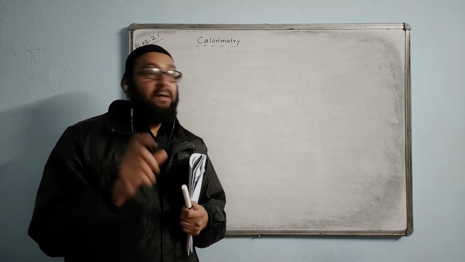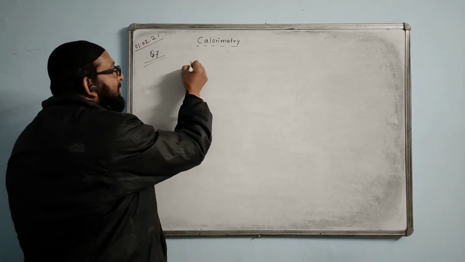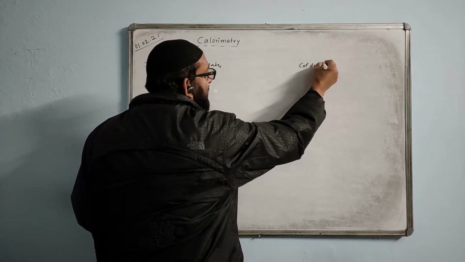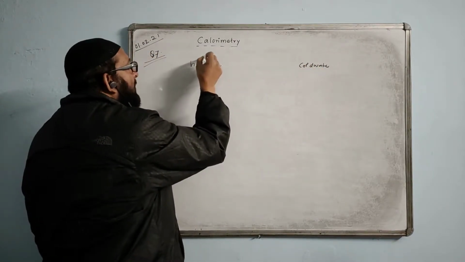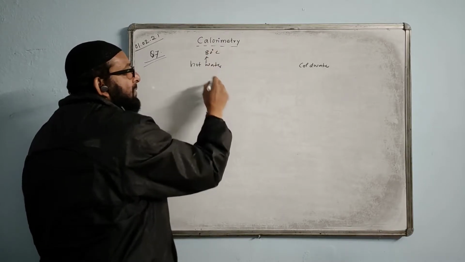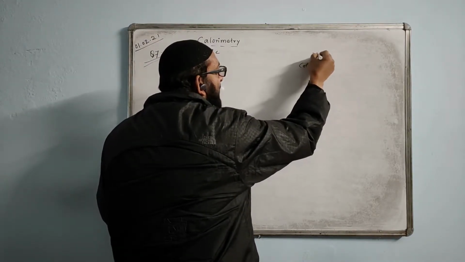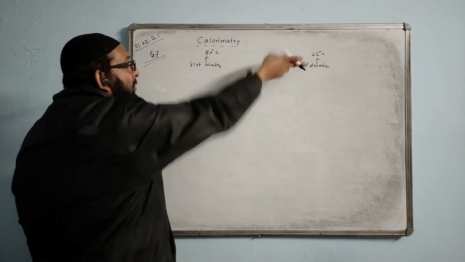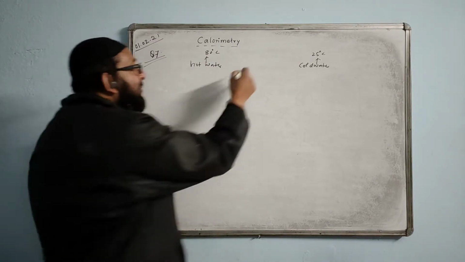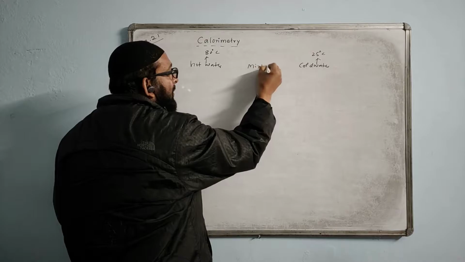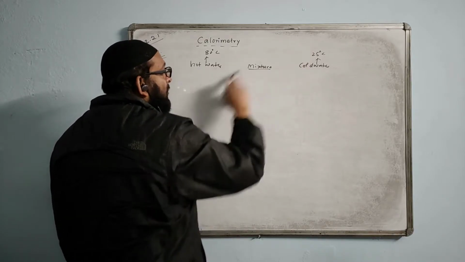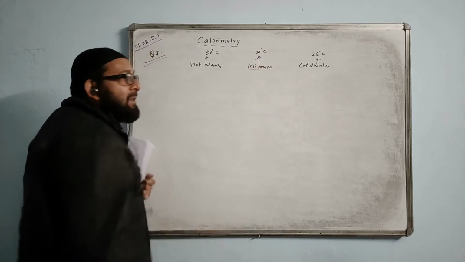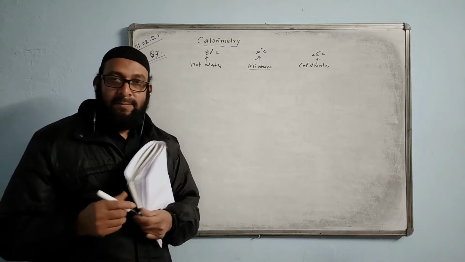So we'll write a little bit of description and then we'll get the idea. One side we have hot water, one side we have cold water, and we are mixing them. The temperature of hot water initially is 80 degrees Celsius and the temperature of cold water initially is 25 degrees Celsius. We are adding the hot water to the cold water. The mixture we always write in between, in between the hot and cold. The mixture temperature is not given and they are asking to find that. Let the temperature of the mixture be X degrees Celsius.